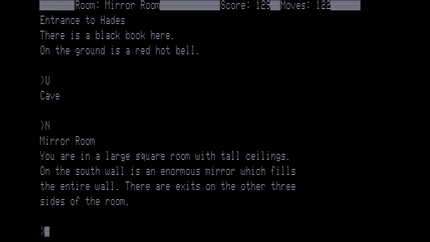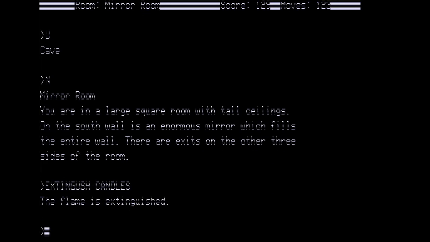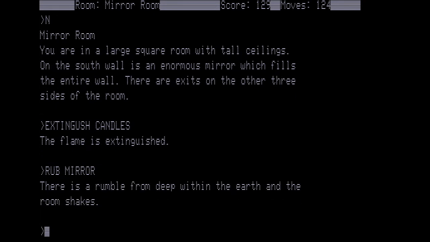And since we no longer need them, we will extinguish the candles. And then we are going to rub the mirror. There is a rumble from deep within the earth, and the room shakes. Now let's go north